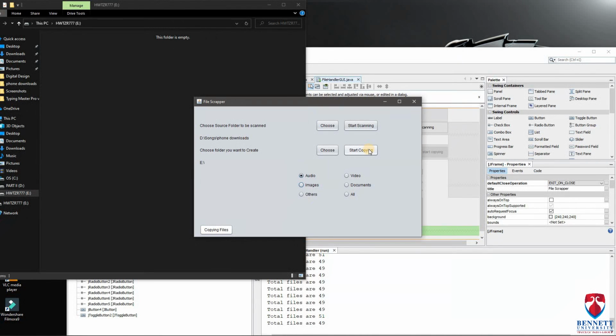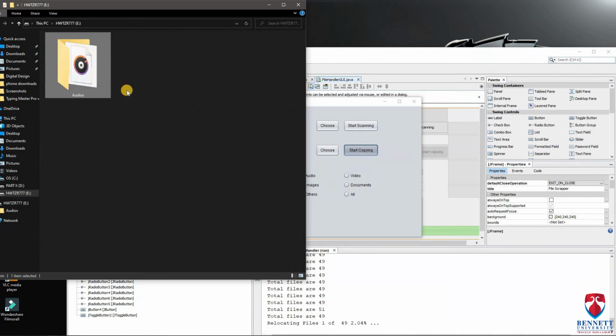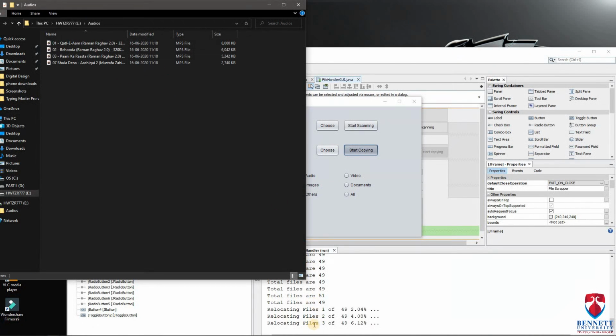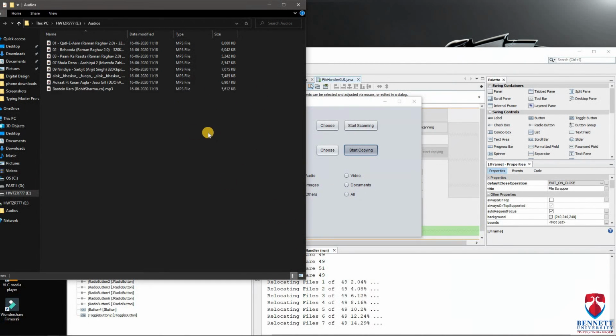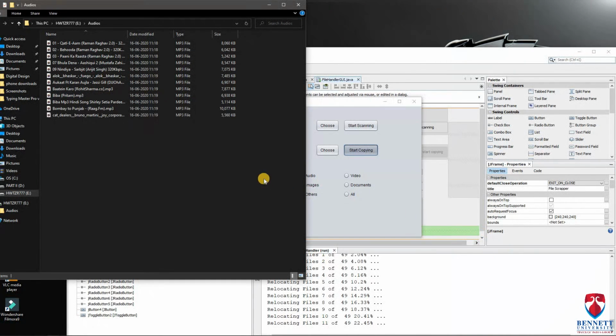We'll now start copying the files. We'll see if these are copied. Okay, I'll open this so you can see it in real time. So we are actually moving to the external hard drive, so it is comparatively slow. When I move from here to the internal disk, it will be comparatively fast. Okay, so now we'll stop it at about 10 files, so we don't want to spend time. So it is moving files to external.